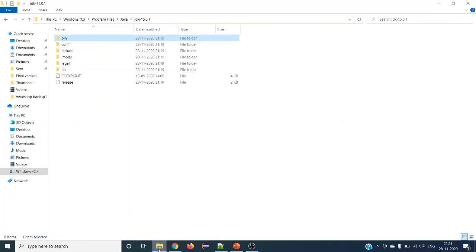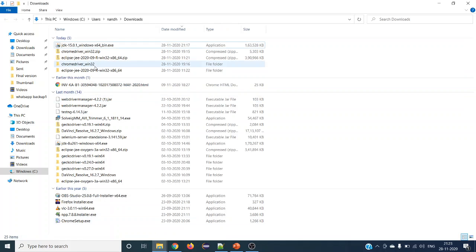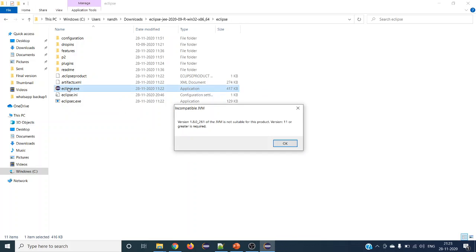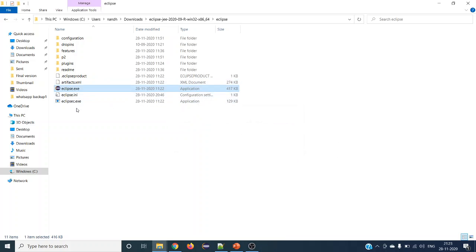After installing your Eclipse with the latest version, still it will not open for you. So for that, what we have to do in eclipse.ini file, we have to give a Java path. Before that, let's see what exception we will get. Try to open your .exe file. That will throw you an error that this version of JVM is not suitable for this product. So this Eclipse needs the latest version of Java. That is 11 or greater is required to work with this Eclipse. Right. So for that, what we have to do,